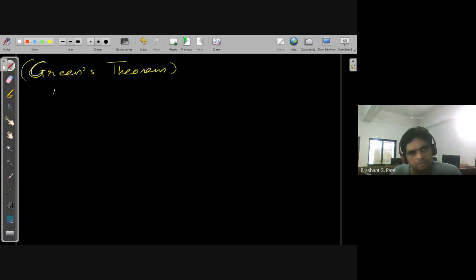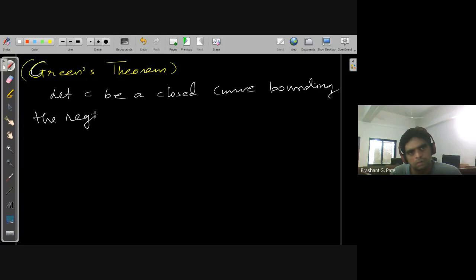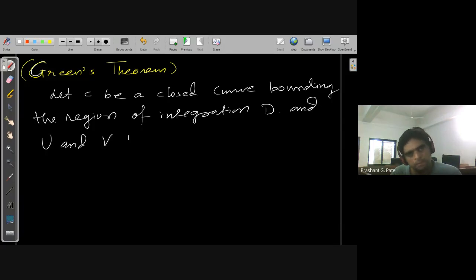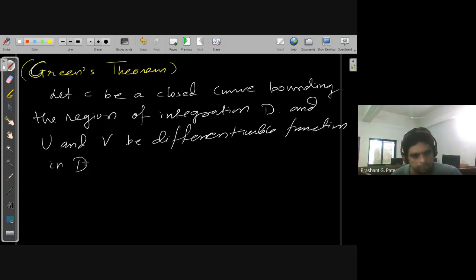So let us recall what that theorem is. Let C be a closed curve bounding the region of integration D, and let U and V be differentiable functions in D and continuous on C. Then